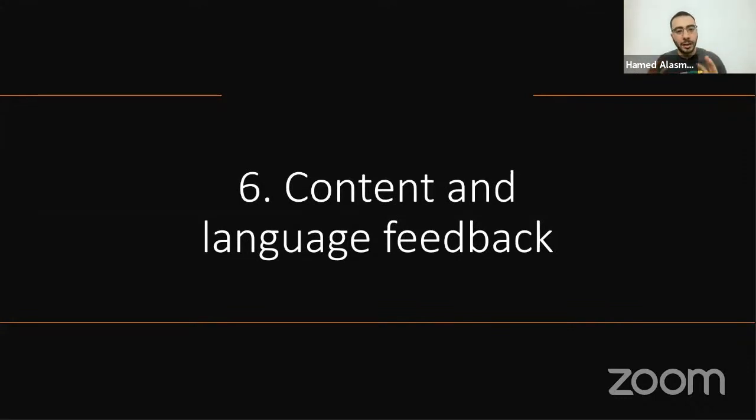Content feedback is actually very important. So let's imagine students have finished speaking. Whether it's speaking for fluency or accuracy, we need some content feedback before we start with language feedback. So first of all, we talk to them about the topic, like what did your friend say? What was the problem? What advice did you give? Was it effective or not? And so on. We try to elicit some ideas about the discussion, and then we can start with language feedback.